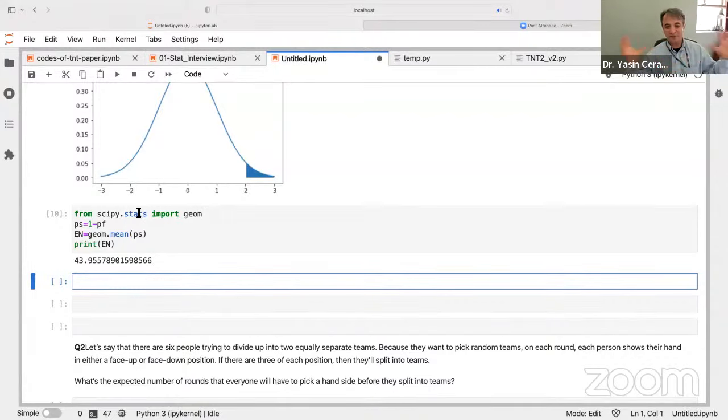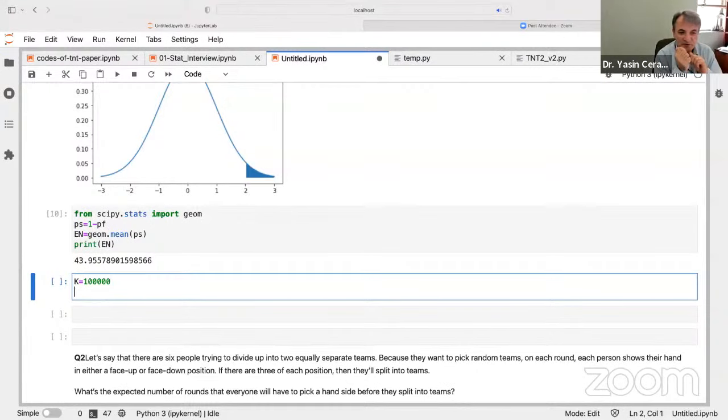And I'm not going to repeat this only once. I'm going to repeat this many times, and then I'm going to take the average of the times it takes for me to get a number from that pool which is greater than 2. I hope it is clear. So we're going to go step by step. First, let's create this pool of random numbers. For that, of course, I'm going to use a variable. Let's say I'm going to create a pool of, I don't know, you can be generous and say 100,000 numbers. It doesn't have to be that big.